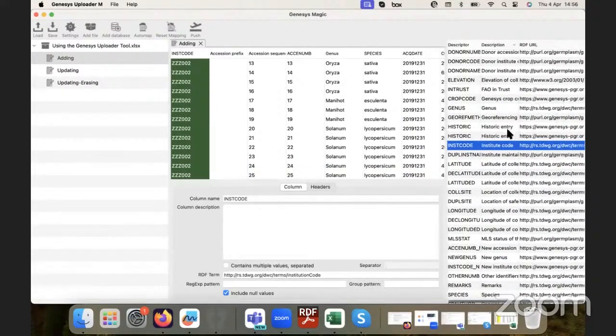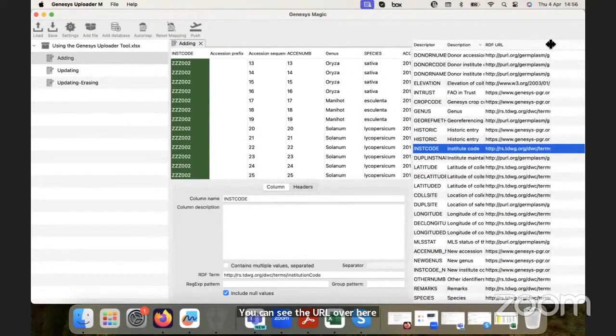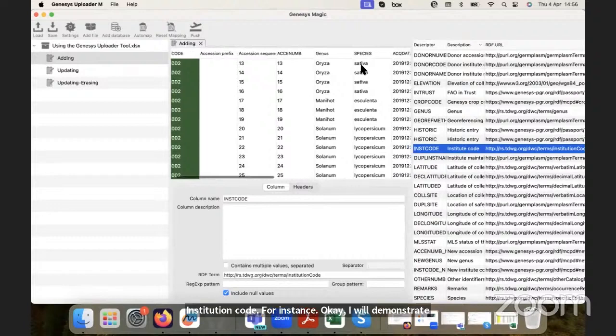You can see the URL over here. Institution code, or inst code. Okay, I will demonstrate with another column,